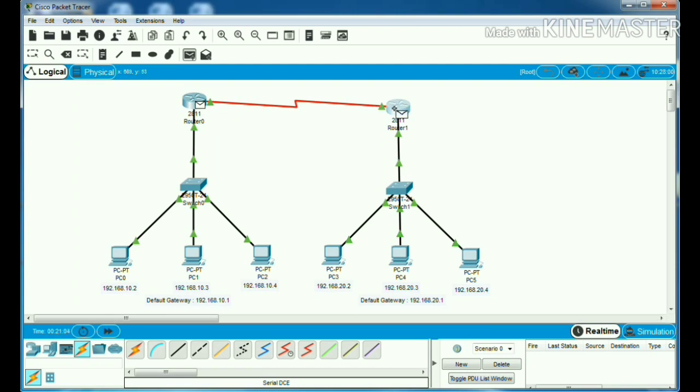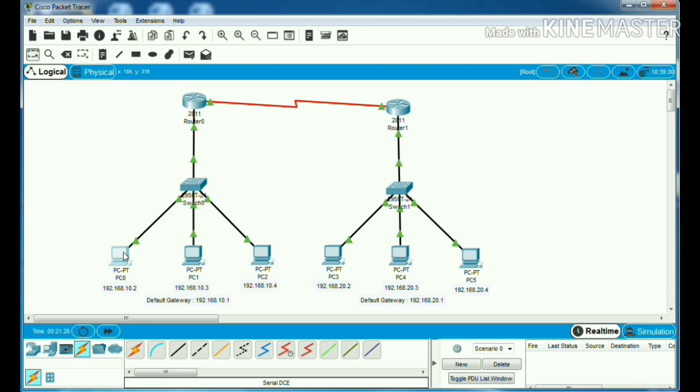Then from router 0 to router 1, successful. Router 1 to PC3, successful, and then from PC0 to PC3 it's successful. So that means we have configured it successfully.